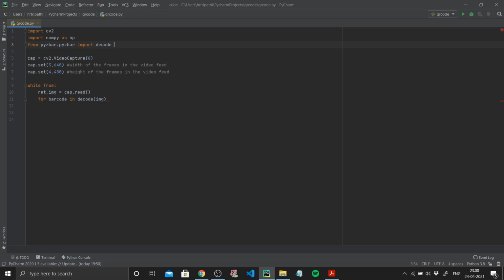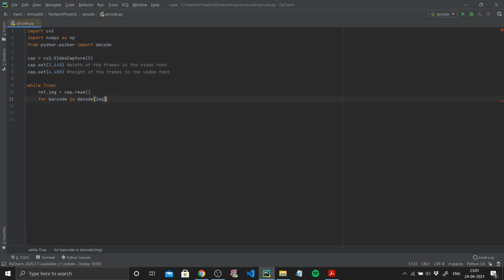Next up, our second field is type, and this is only useful for barcodes as it outlines the barcode format. So when we are decoding barcodes, you need this type. The third field is a rectangle, which is just a rectangle object which represents the captured localization area. And the fourth field is polygon, which is a list of point instances which represents the barcode or QR code. Basically your boundary is made up of small points, right? Continuous segment of points. So the polygon field is just a list of those points. That's what our decode function does.